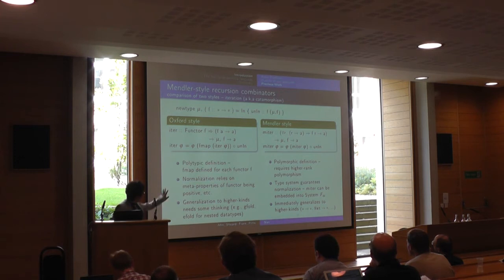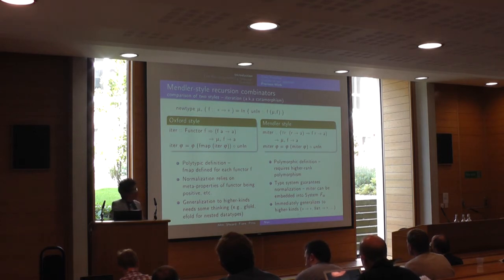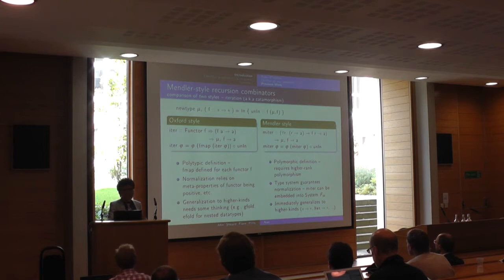So what I like about it is that it's a polymorphic definition. Well, it does use higher rank polymorphism, but it's uniform in any f, any function. It doesn't even have to be a functor. So now you don't have to know or have beliefs in category theory or whatever. You just have to believe in System F omega. And is this worse or better?